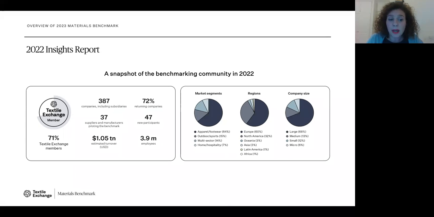So basically the insight report, along with the confidential scorecards, the material change index, and the material impacts dashboard are result products, and they are designed to take the user through the journey of material change. The material change index and the material impact dashboard were launched yesterday, and you can find them on our website, and I will explain more later in this webinar of what they are.